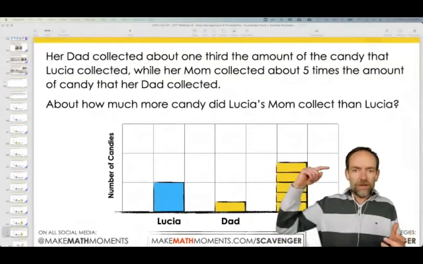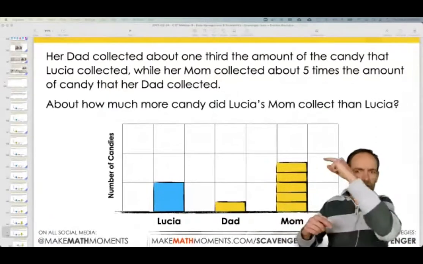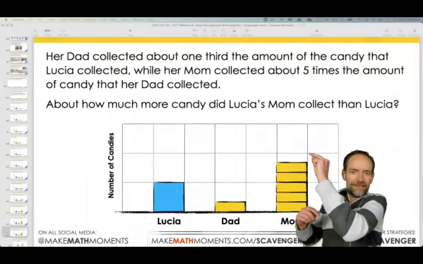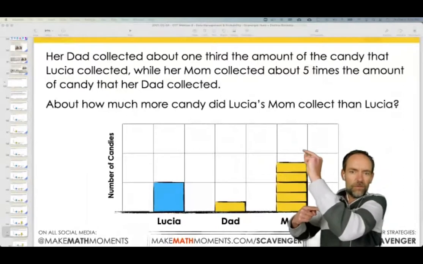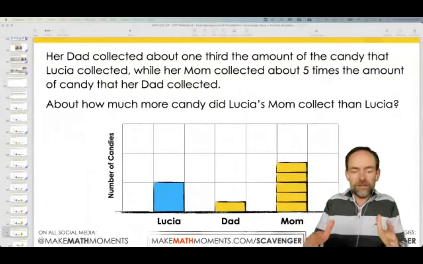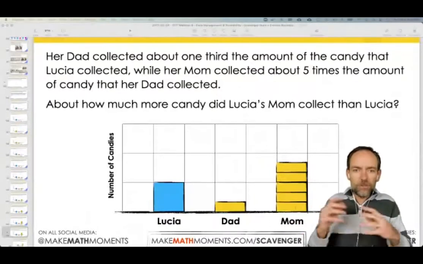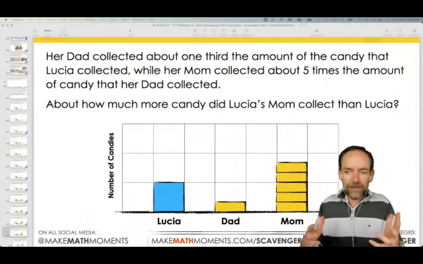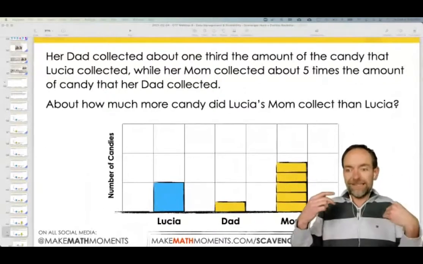I'd be like, okay, let's look at, where is it? Right there, bang. They're all coming in. Yeah. Let's look at moms. Double would be up here. So if a student thinks it's double or more than double, then we know we've got an issue that we're going to have to try to sort out. We're going to have to ask some more questions. But if students are like, well, it's more than Lucia, but it's less than double, that's a good start. And then the question becomes, how can I get more precise than that?